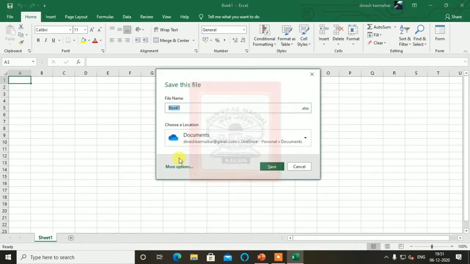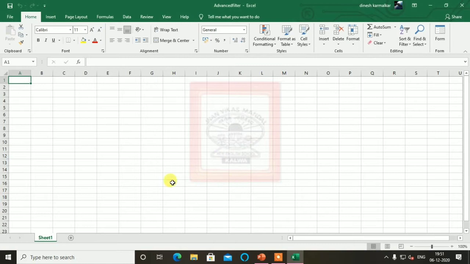Today's file, before only I am saving its name, I will give as advanced filter. Last time it was filter. File I saved. Now for this advanced filter, it is better to type the data after leaving 2-3 lines. So I will start it from the fourth row here, because the first lines will be required afterwards. I will tell you why it is required.